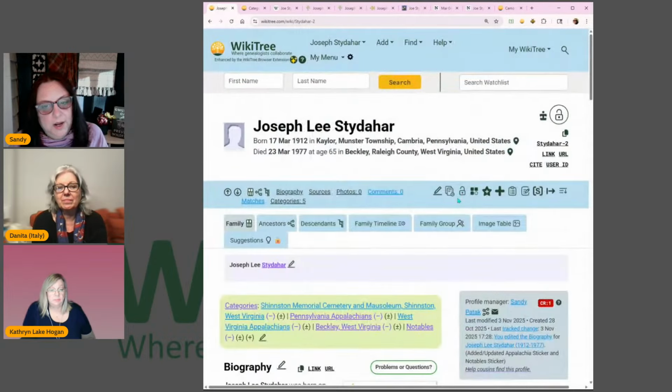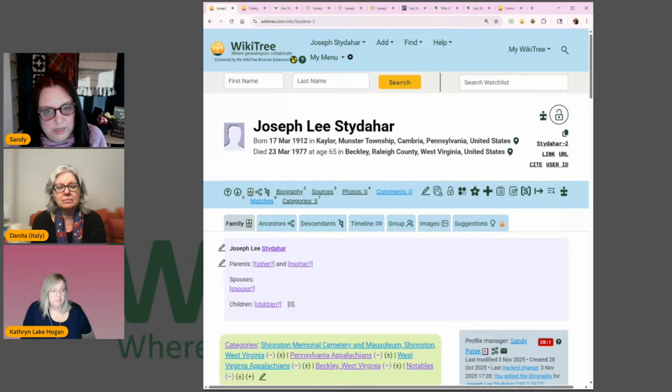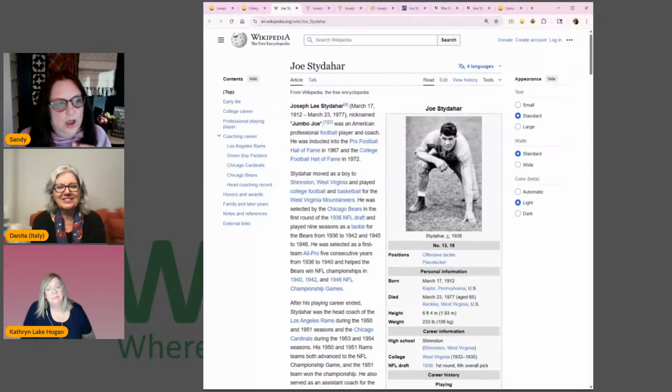But I did something. I added the notable sticker and I added the Wikidata and the Wikipedia. So Catherine, I really want to come over here and grab this information because this information is really cool. I'm not a great writer. I don't think I could write as well as this group of collective writers has written. So you know what I'm going to do, Catherine? I'm just going to do this. I'm just going to copy everything. And then I'm just